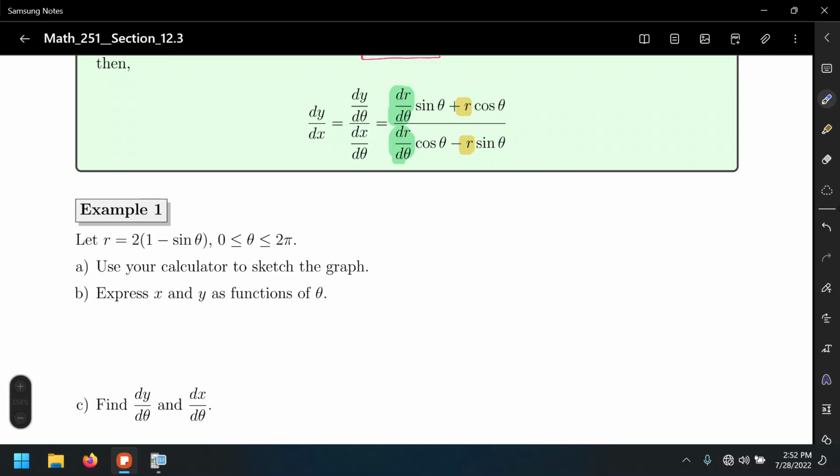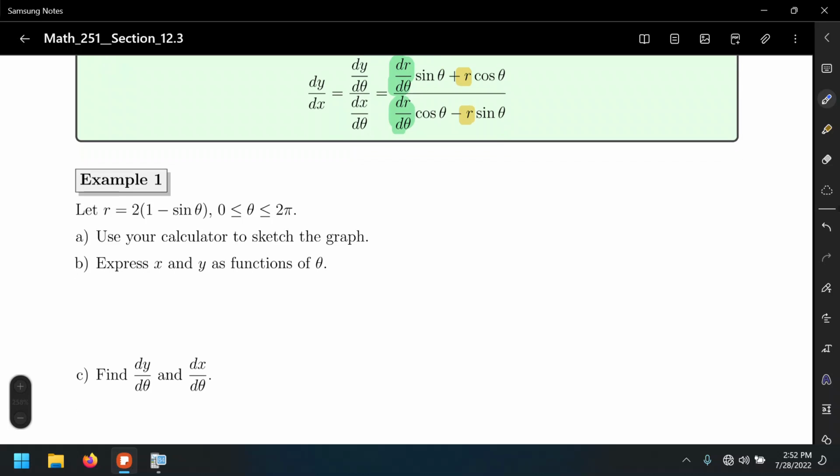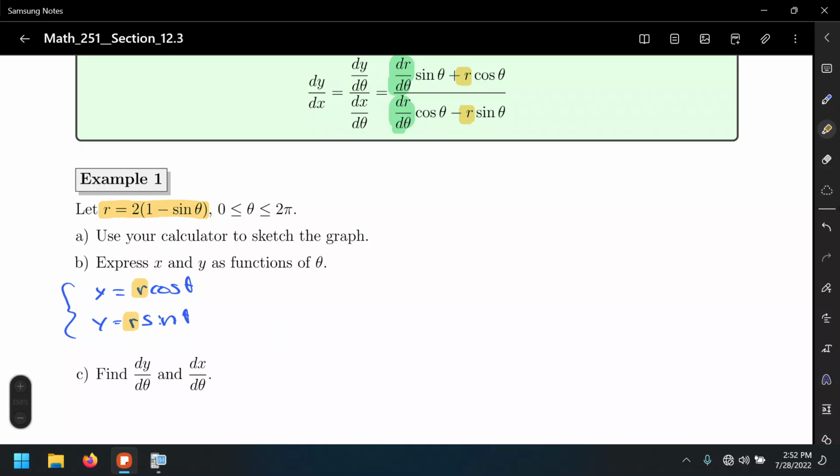So in this case, one single r function will describe two functions x and y that will give the equivalent points in the Cartesian system. So number 1, in general, x equals r cosine theta and y equals r sine theta, where r is given. Let me color code by highlighting this. Okay, that's the function. Replace it here and there,